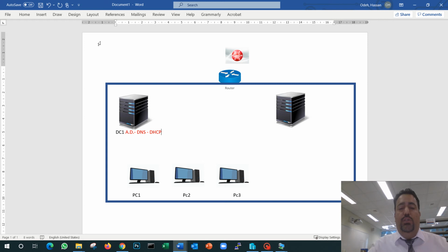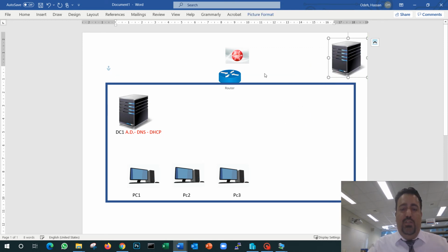We create our own DHCP. You can put the DHCP on another server. It doesn't have to be on the main server. But since I'm assuming I'm only having one server on my network right now, and this is something that we'll buy later, then that means we're going to use the same server for these 3 features. So I have to have an Active Directory, DNS, and DHCP, so I have to set up this stuff on my server.